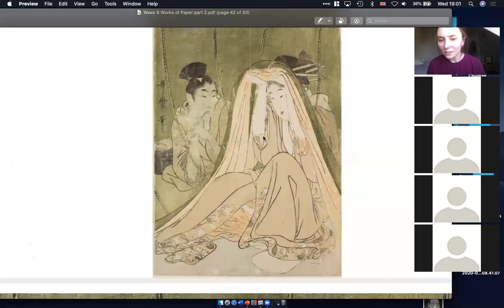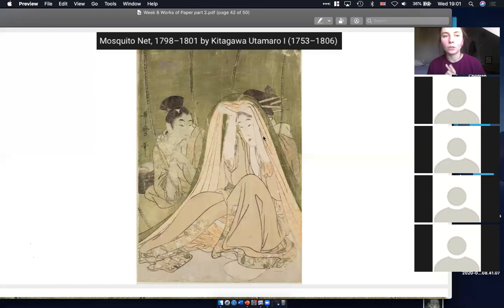So yes, this is my brief introduction to the traditional history of European printmaking, and then a very brief introduction on Japanese printmaking in the Edo period. But it's 7 o'clock, so I should